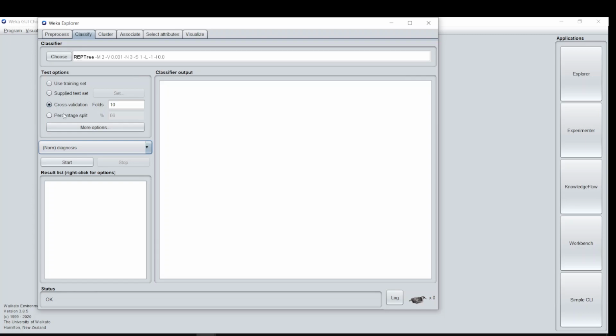In the test options, percentage split specifies how much of the data is kept for training the classifier. The rest of the data is used for the testing phase. Cross validation: with cross validation folds, you can create multiple samples from the training dataset.